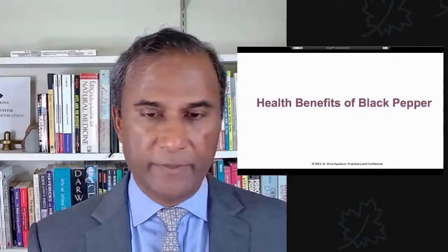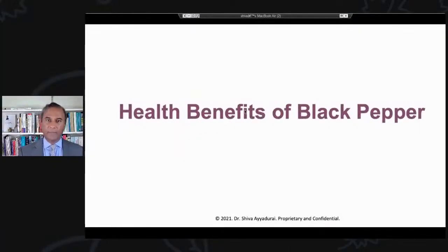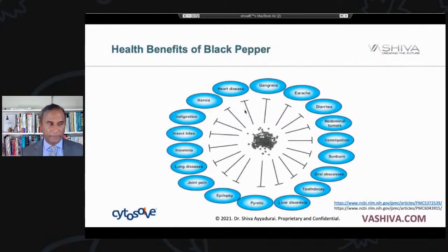So what are the health benefits of pepper? Health benefits are looking at the overall macro level effects. Lots of many different effects. So I'll walk through gangrene, earache, diarrhea, abdominal tumors, constipation, sunburn, oral abscesses, tooth decay, liver disorders, pyretic, which means it increases heat, epilepsy, joint pain, lung diseases, insomnia, insect bites, indigestion, hernia, heart disease, and now all of these